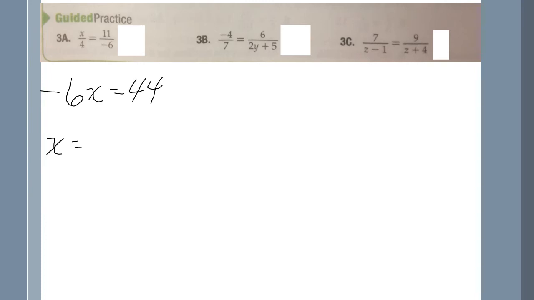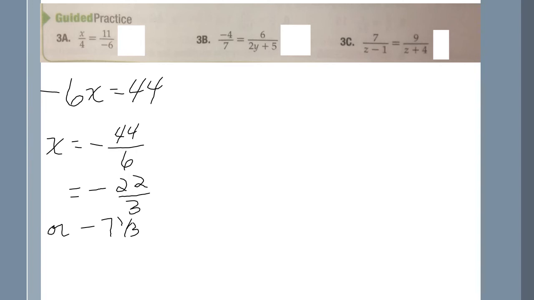So that can be reduced. Since 2 goes into both of those, that would be negative 22 thirds, or negative 7 1/3,